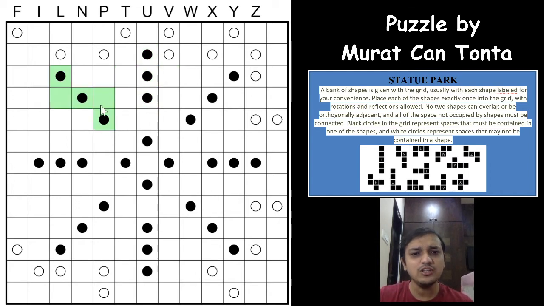And all the white circles, so all the cells which are not part of a pentomino, in other words, will have to be connected to each other in the whole grid, right? So for example, if I say this cannot be a white circle, because it is stranded, it means it has to be a black circle, which means it has to be a part of a pentomino. So that's all with the rules, and with the rules we will be starting the puzzle.